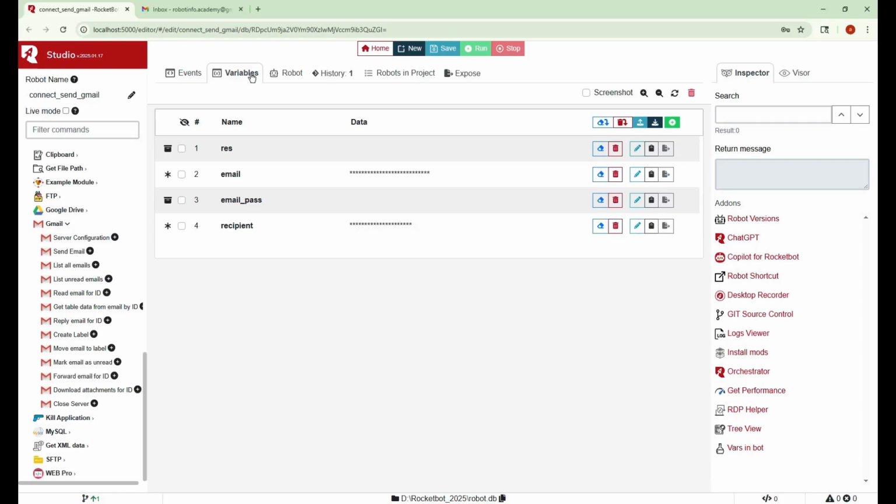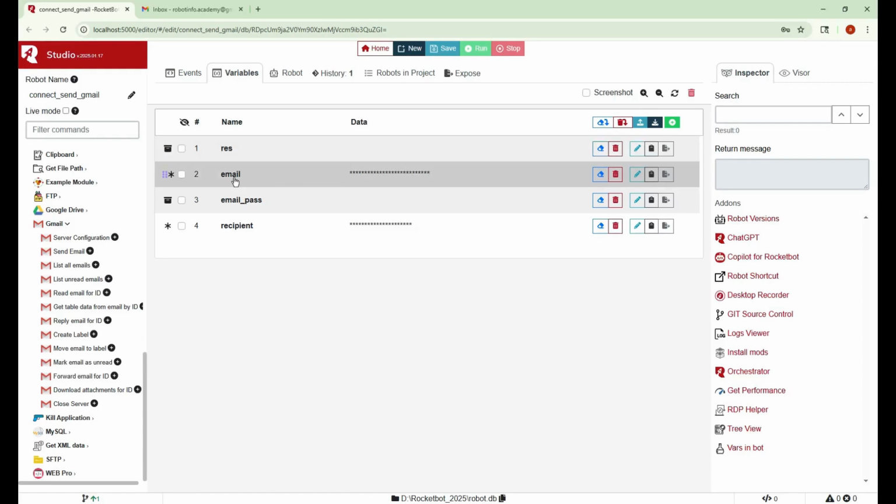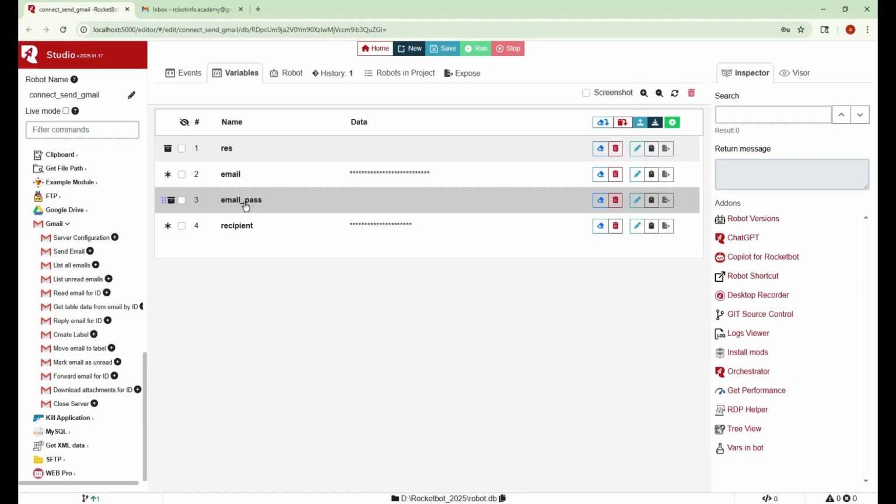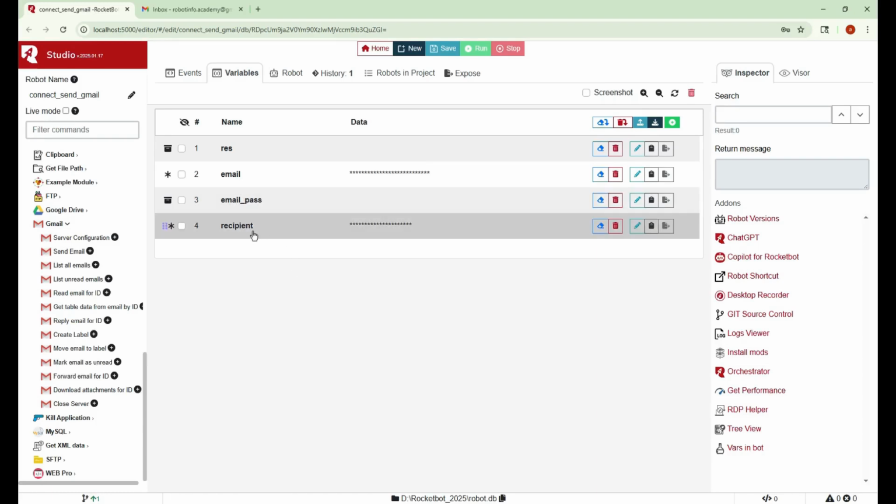But before that, let's take a look at some variables I've already created, and I'll explain what they're for. In the variable res, we're going to receive this boolean, either a true or a false, to see if my account actually connected or not. In the variable Correo, I already have this email, which is the one we're going to set up. In the variable Pascorio, here we're going to put our app password, which we're about to create. And in Destinatario, there's another account, which is where we're going to receive this email, so we can check that